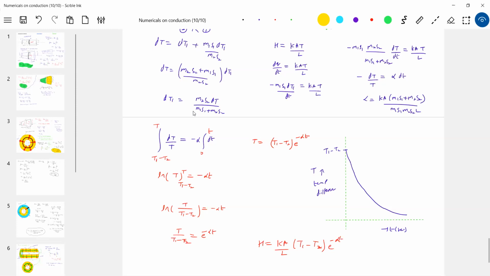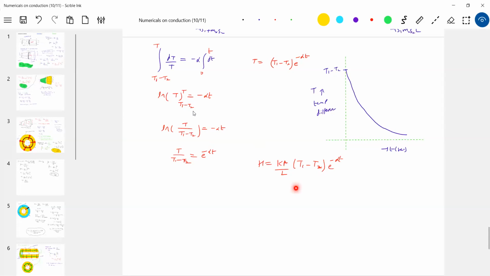So steady state doesn't mean that H must be constant. H can be varying. The only thing is, no part of the rod should absorb heat. All the parts of the rod should be involved only in the transfer of it. That is the meaning of steady state. So at steady state, H can vary with time, or H can be constant. I think I should write a comment here.